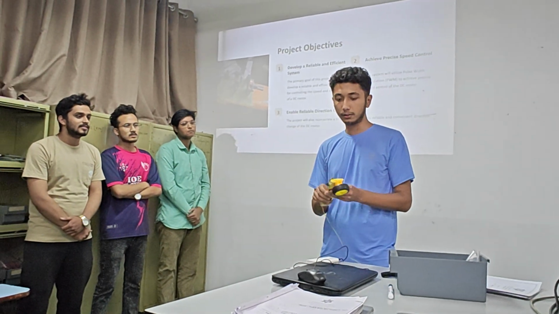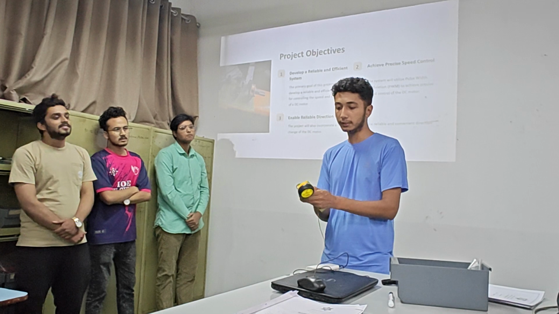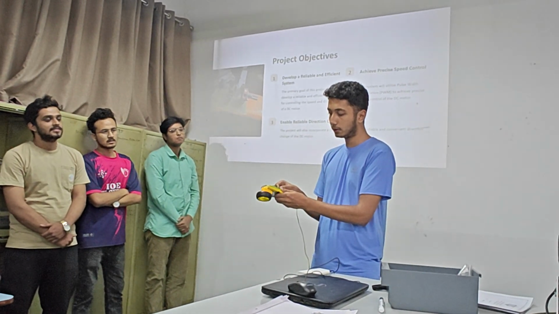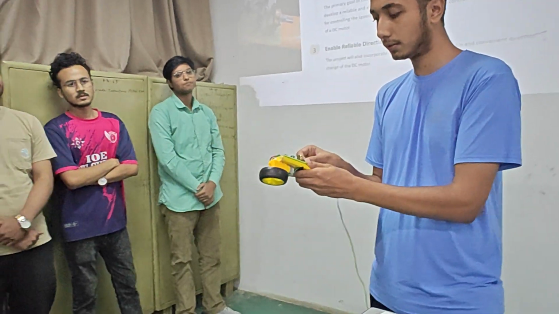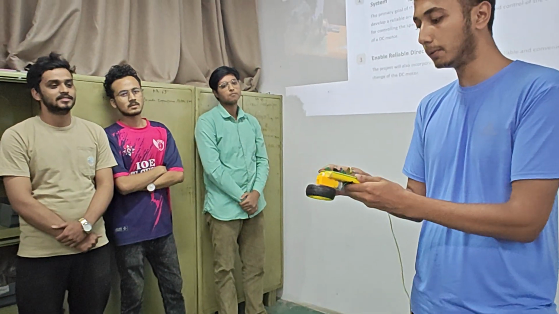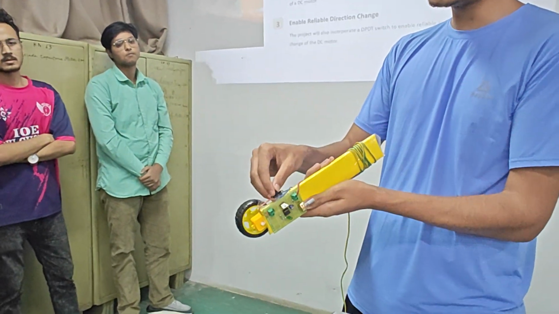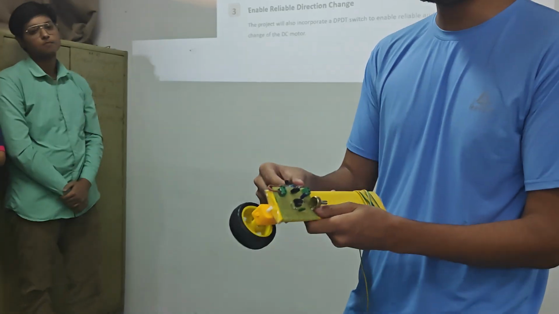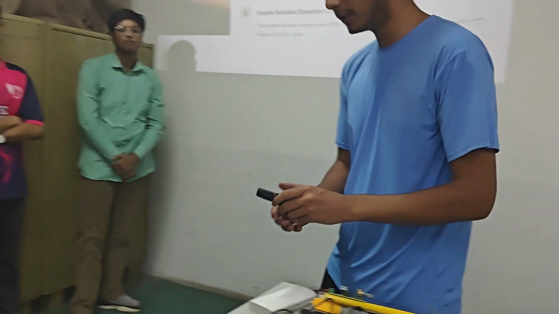Now I have turned on the switch, and when I use this switch, the speed increases as I gradually increase the potentiometer over here. And to change the direction by using the DPDT switch here, if it is in the middle, it will stop, and if I change this to this direction, the direction will change. And this is what we have done. Now going on with the slide,